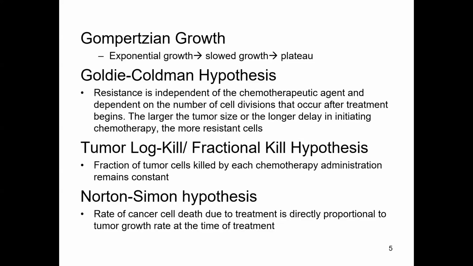The fraction of tumor cells killed by each chemotherapy administration remains constant. So if you give a cycle of chemotherapy, you get a 90% kill rate with cycle 1, then of the remaining tumor cells you get 90% for that one, and so on. And then the last one is the rate of cancer cell death due to treatment is directly proportional to tumor growth rate at the time of treatment. This really means that tumors that are growing quickly are going to respond better to cytotoxic